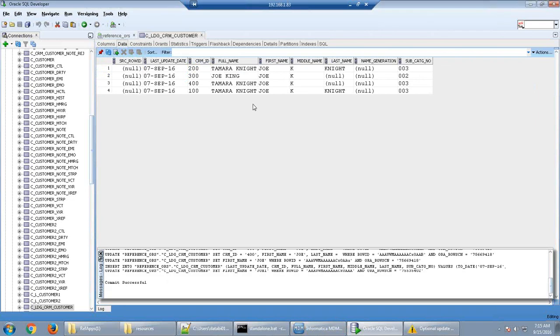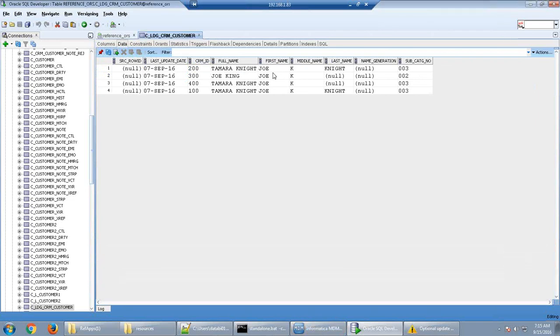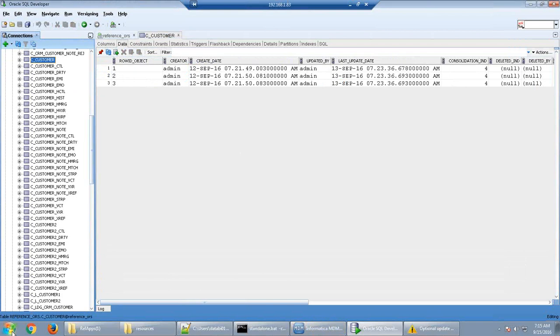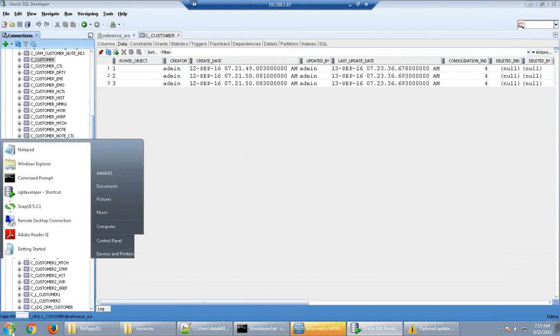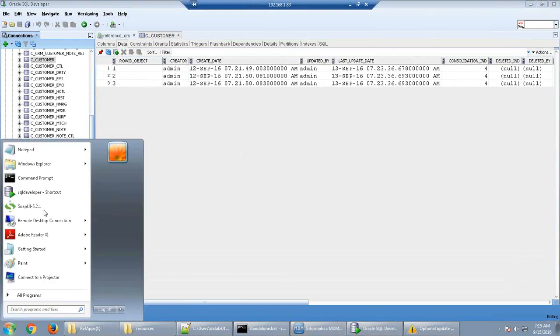Once we run the match process, I have a match rule based on only first name and last name, so we expect only these two records to get matched, because the first name is matching, but in the last name we have null values for two records, and for two records it is exactly similar. I have some data in my table, so I will just truncate it and reload the data again.